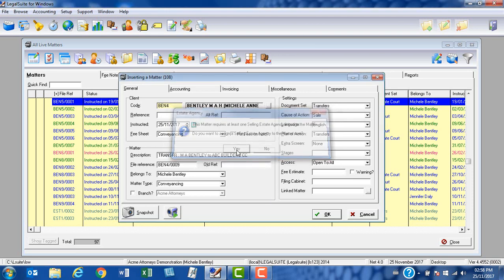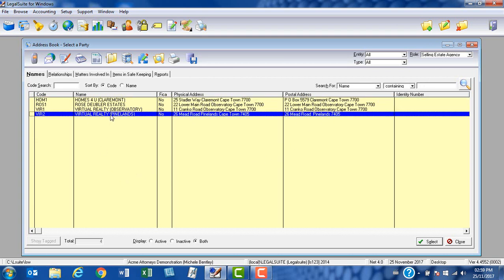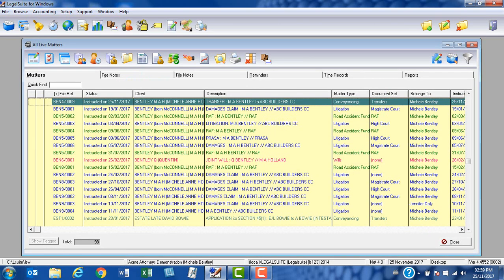So I say yes, and I'm taken back into the address book, and as you can see, the address book has filtered to show me selling estate agencies. So I'm going to select Virtual Realty Pinelands, click on select, and the program will now add my new transfer to the matter, and I'm now ready to go and add flesh or add the details of this particular matter in the DocGen database. So please have a look at our webinar on how to use the